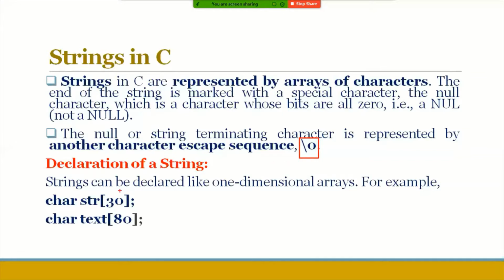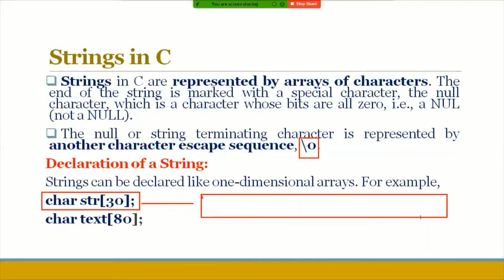Then coming to how to declare strings, you can declare with the help of the data type, string name, and size. In this case, the compiler takes responsibility to allocate memory for this string variable, and a total of 30 memory locations will be allocated.